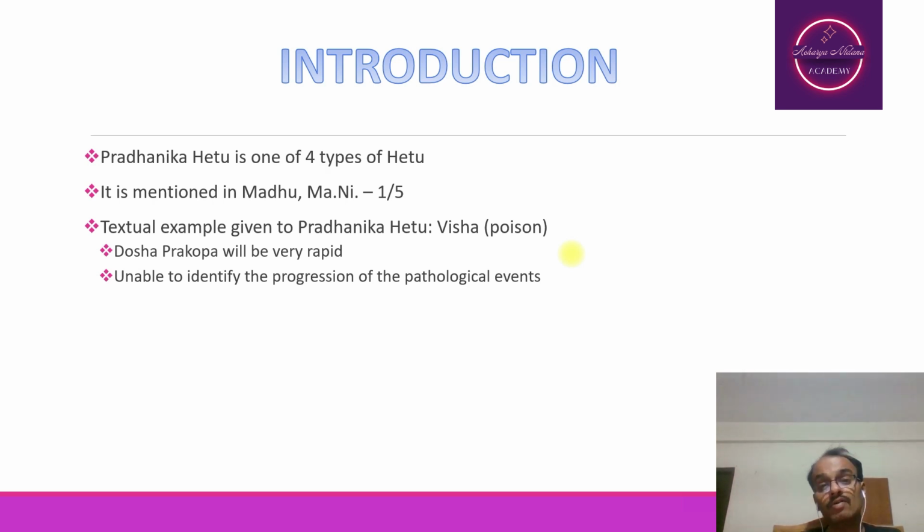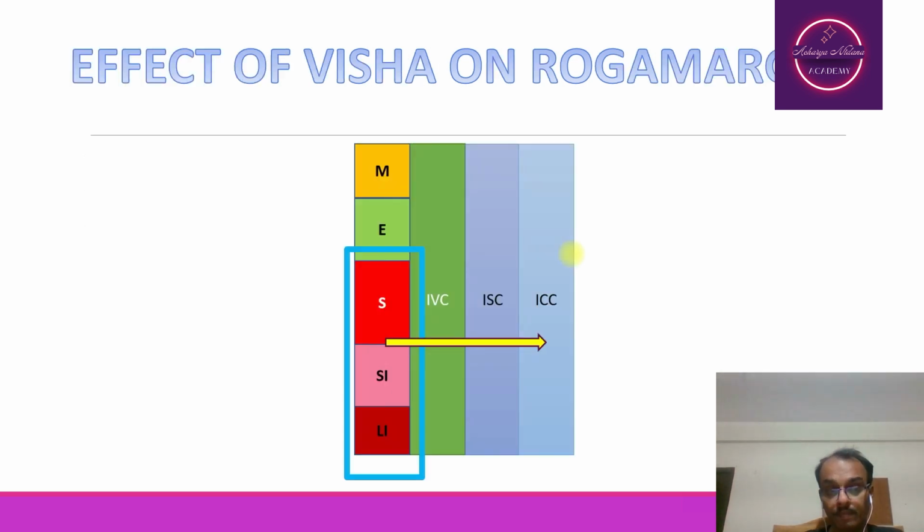The textual example given for Pradhanika Hetu is Visha. In the case of Visha, the dosha prakopa will be very rapid and you cannot identify the progression of the pathological events. That will be the main criterion when you speak about Visha. So this Visha may be responsible for the pathological events happening inside the human body. Now when you think about the effect of Visha on Roga Marga,